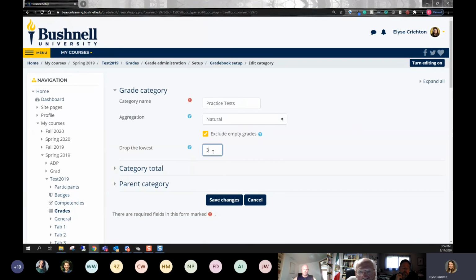And the other thing to note is that all of your graded items within a category have to be the same amount of points in order for you to be able to drop the lowest X number of assignments. I think the gradebook doesn't know how to calculate everything out if you're trying to drop one of the lowest, but they're all different points. How does it calculate what the lowest is? So you would need all of your quizzes to be the exact same number of total points, or your forums or your journal posts or whatever you're trying to drop the lowest of.